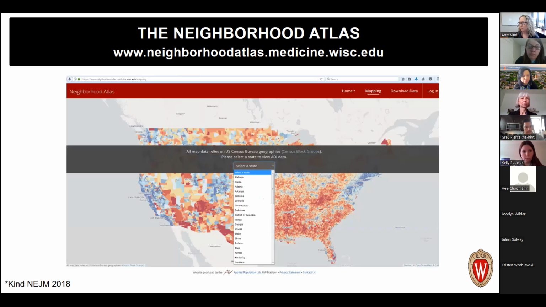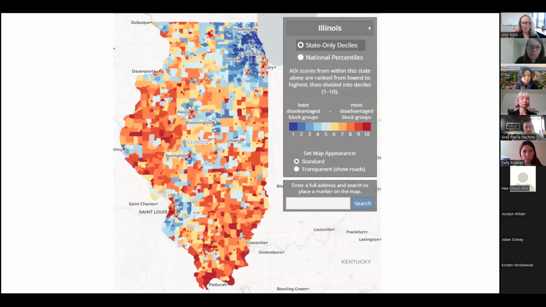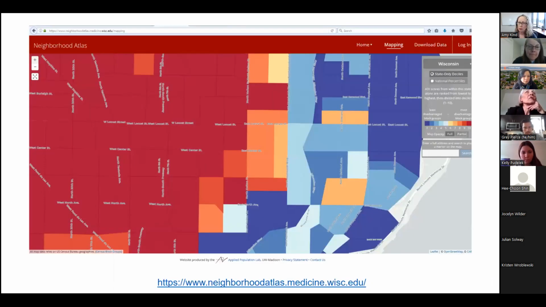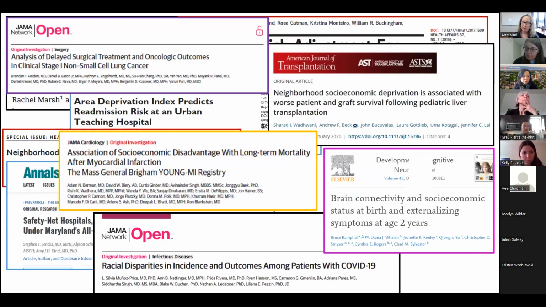You can pick any state you want. I threw a screenshot of Illinois on there for you. But of course, you can look at any place within the country. It uses these heat maps where red is most disadvantaged, blue is least. Oops, wrong way. And you can zoom in with landmarks. The landmarks are particularly helpful for our community-based groups who are interested in using this for resource targeting, using it for outreach and different types of direct service delivery, which has been done quite a bit. So we've had thousands of groups, thousands and thousands, nearing 100,000, download the metrics.